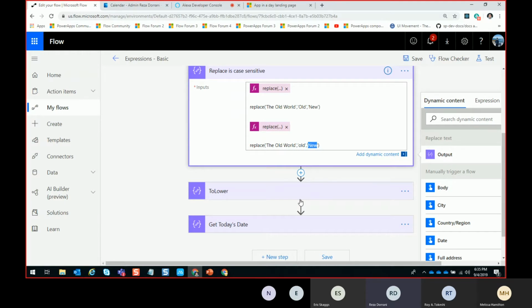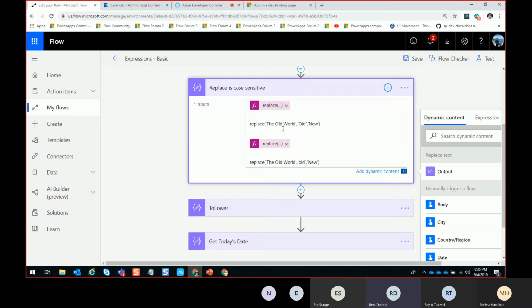And how do I know about these things? How do I know expressions like, for example, replace is case sensitive? How do I know if replace is going to replace all the words in the text? All of that in my slide deck at the end, I have a link which links to the expression function list. It's on docs.microsoft.com. It talks about each and every function and each and every property associated with that function. But in this case, because I used replace as an example, I just wanted to highlight the fact that replace